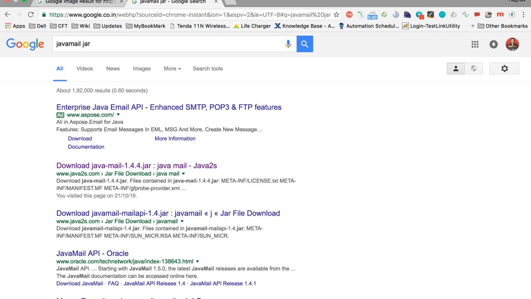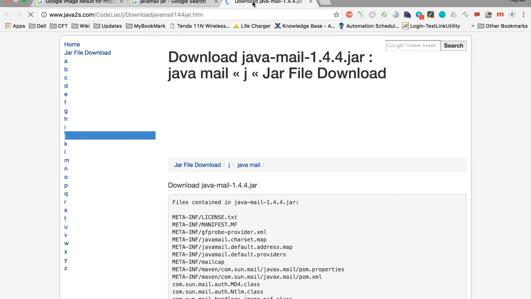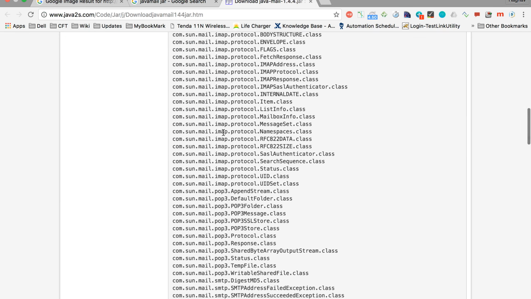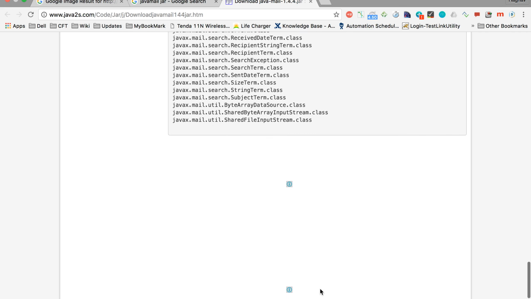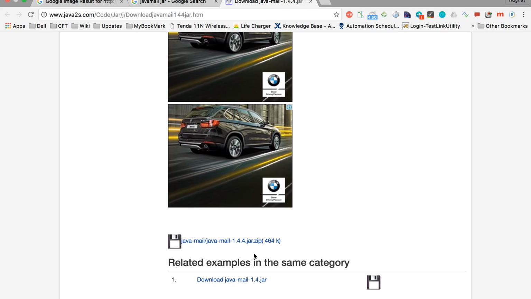If you go to your browser and type Java mail jar, you get an option to download this Java mail jar. Okay, and if you go here, you see all the .class files are there along with some other files which are packaged into a zip file which we call as a jar file.